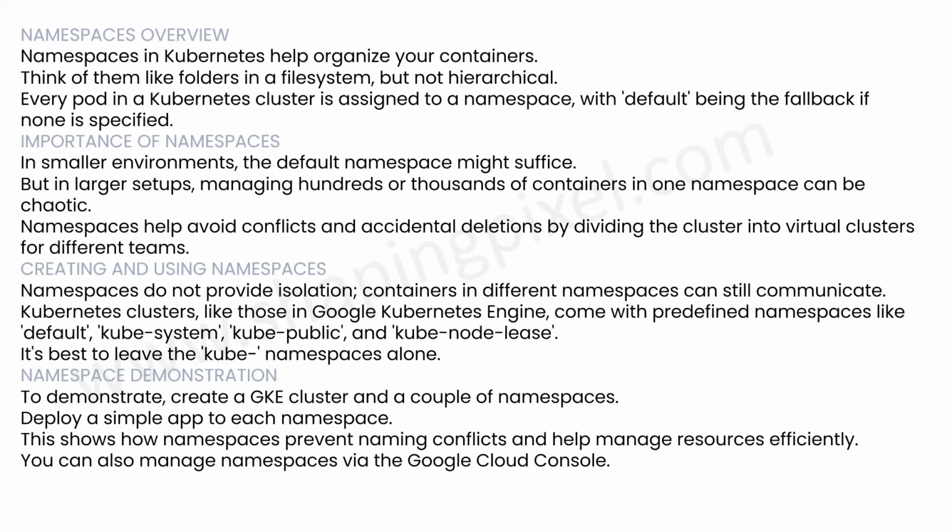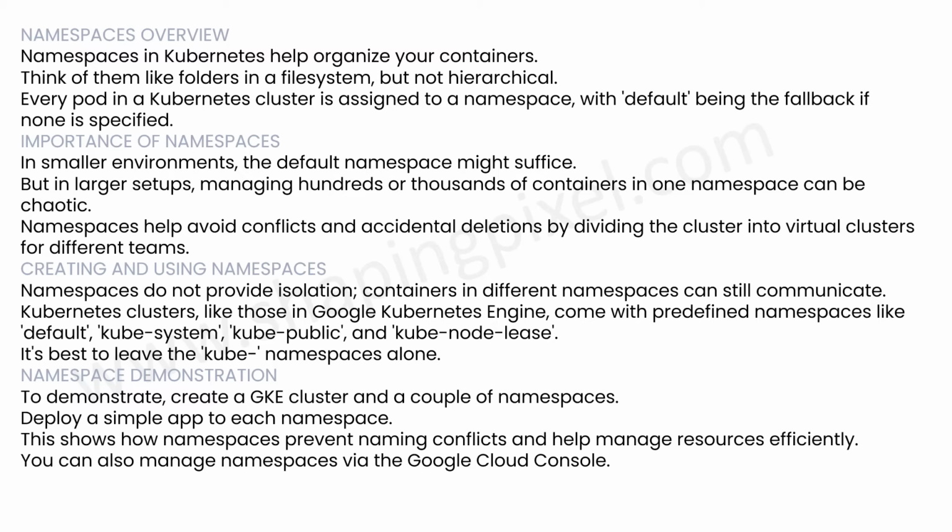organize your containers. Think of them like folders in a file system, but not hierarchical. Every pod in a Kubernetes cluster is assigned to a namespace, with default being the fallback if none is specified. In smaller environments, the default namespace might suffice, but in larger setups, managing hundreds or thousands of containers in one namespace can be chaotic. Namespaces help avoid conflicts and accidental deletions by dividing the cluster into virtual clusters for different